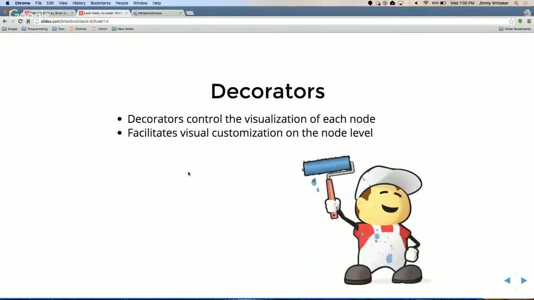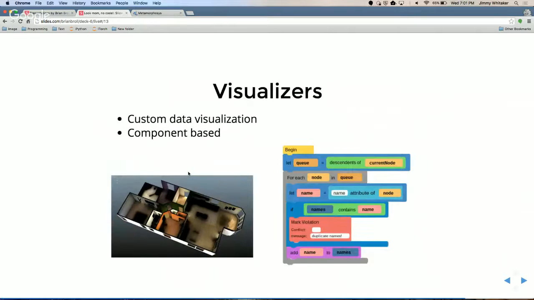What's a use case for decorators? There actually are plenty of use cases. In your previous slide, you talked about a violation; you could actually not allow an invalid model to even be created. Yep, and there are about five decorators built into the core project, including SVG decorators. So if you want any custom SVG, you just apply that, and it'll show it on the screen. The default decorator supports ports, so you can have children that are visible through the parent, and you can connect things to them. That decorator looks at that node's children and adds them as they get created.